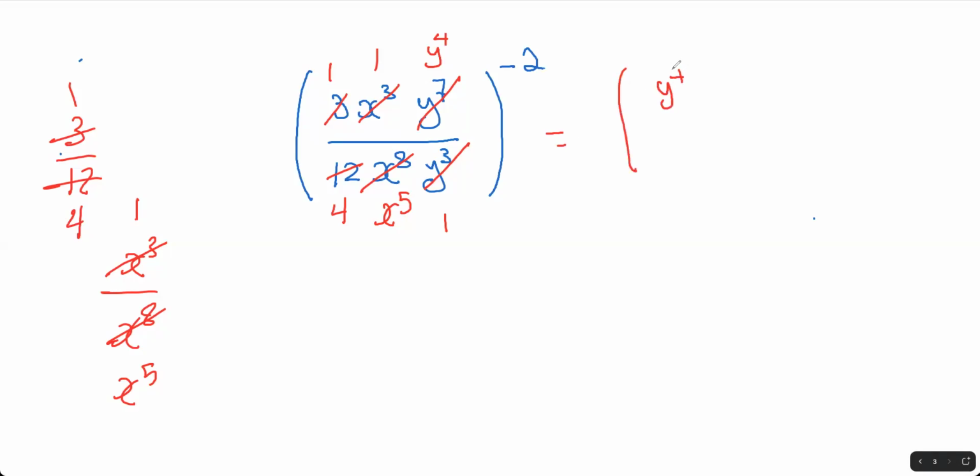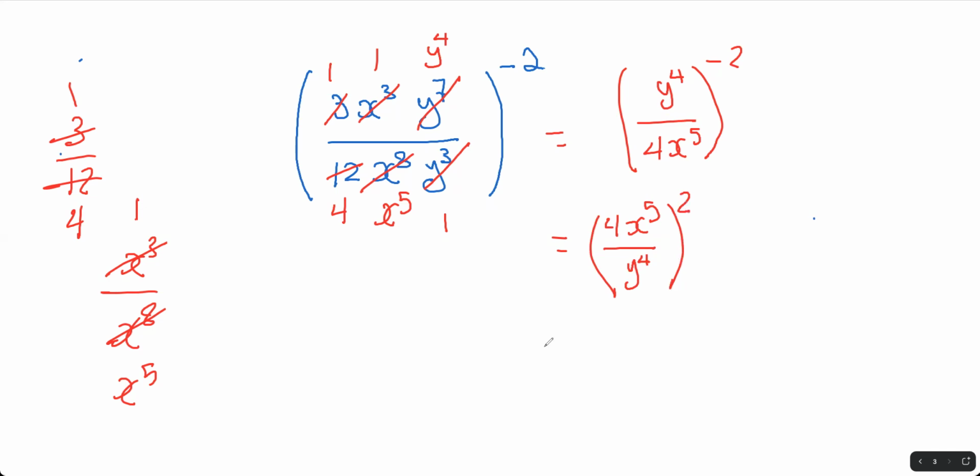y to the power of 4 on top, and on the bottom I have 4x to the 5, all to the power of -2. What you want to do now, you want to flip this, make the exponent positive. So when you're flipping this, you're making the exponent positive. So that will give me 4x to the 5 over y to the 4, and that will make the exponent